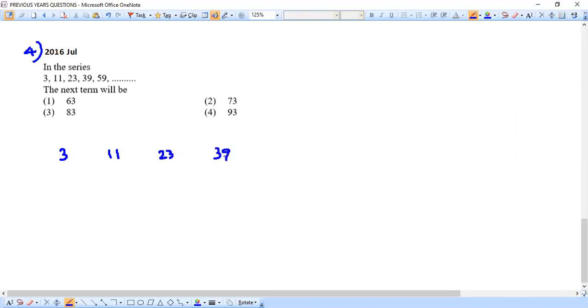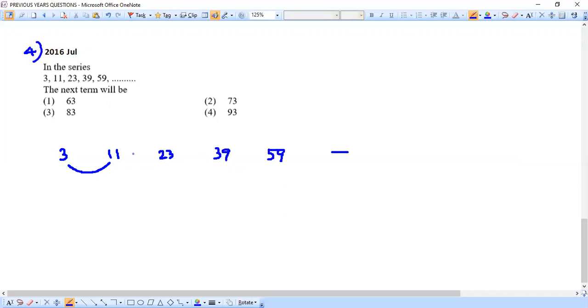We have then 59, then we have a blank. We need to find what number comes here. Again, we are getting an increasing sequence, right? By seeing the numbers itself, we can very easily conclude it. All these numbers are getting increased only, right? So that means we find an increasing sequence here. And as usual, we follow with our tests. We start with what can be done with addition. Okay, fine. Shall we start?